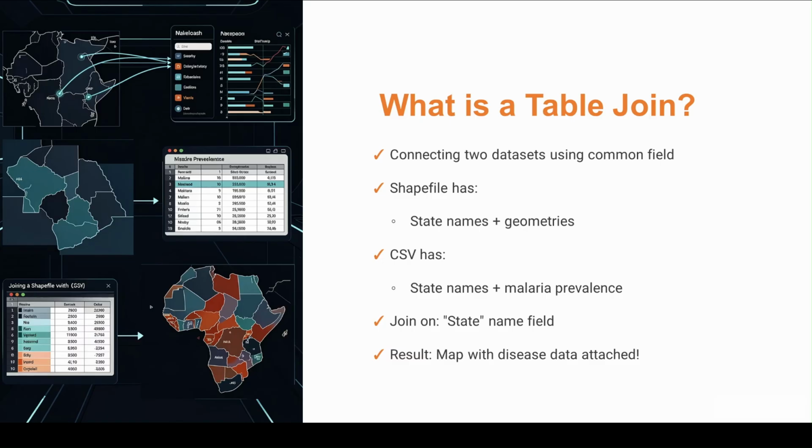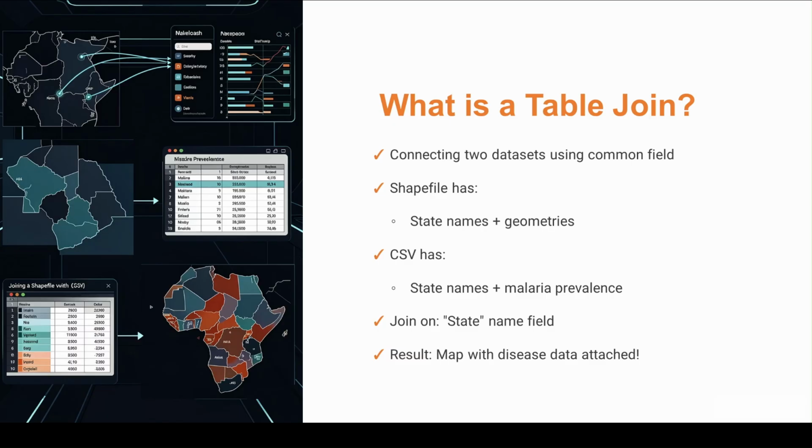The shapefile must contain state names, and the CSV also must contain state names. So we join this state name. If you are trying to join a table to a shapefile, the column in the attribute table and the data set in the CSV file must have the same name. So both of them must have a common name like state names, and the state names will contain the state names in Nigeria. For the shapefile, the state names will also have the same names in the CSV before we can do the join